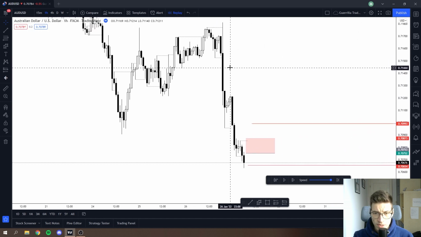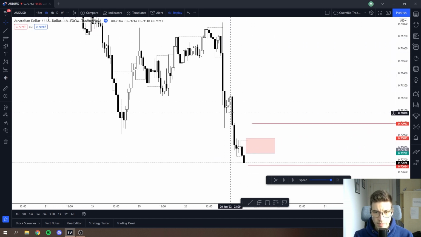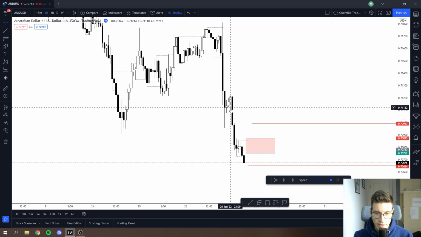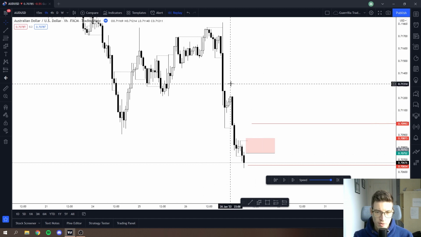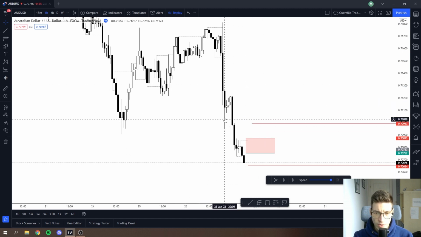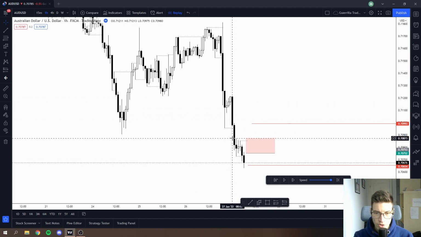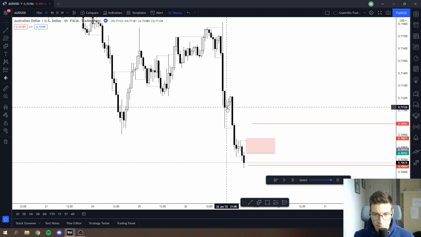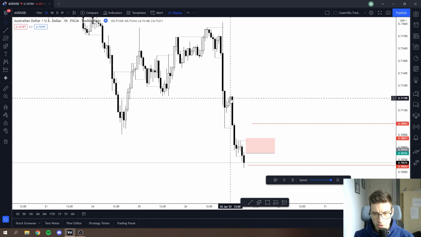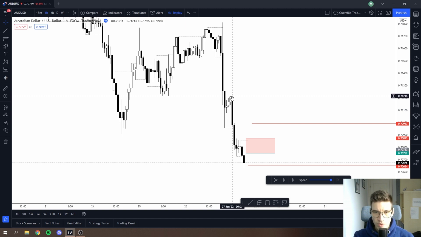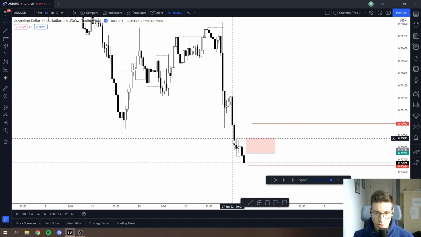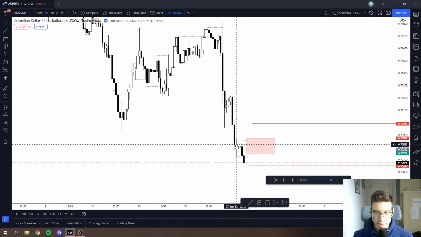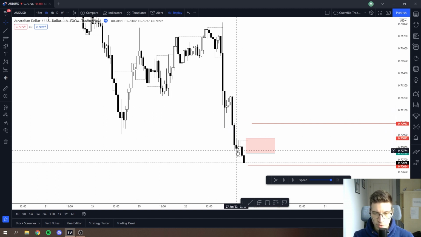So what I was seeing was this nice impulse, but it ended with an absolutely huge wick. So at that point I was like, okay, let me see what happens next. Do we retrace or do we get a continuation? And after the absolutely huge wick, we actually got some pausing candles. We didn't get a shift in momentum. We actually continued to the downside, broke the low, got a nice candle, then continued a little bit more, then